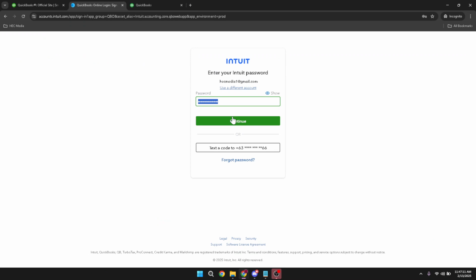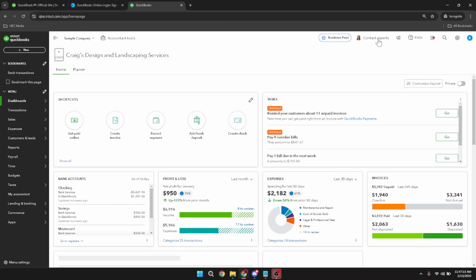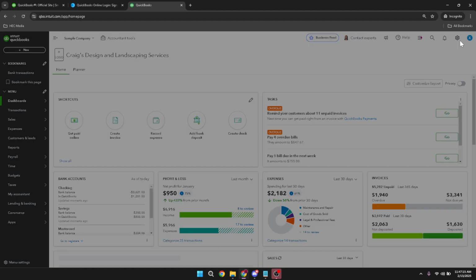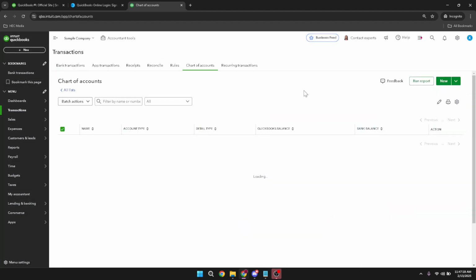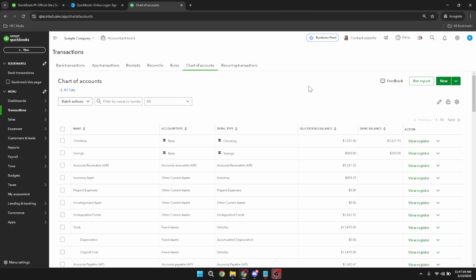Now that you're on your dashboard, look for Settings, typically located on the upper right corner of the screen. Clicking on this will display a range of options. From these options, select Chart of Accounts. The Chart of Accounts is essentially a directory of all your company's accounts and is fundamental for organizing your business's